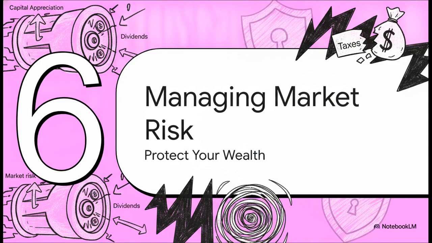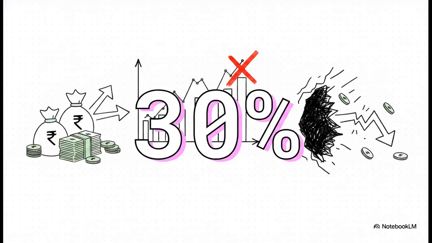Finally, Section 6, Managing the Daily Market Risk. In the real world, market frictions can easily eat up these profit engines if you aren't careful. For example, 30%. Just let that number sink in for a second. That massive 30% is the current dividend withholding tax rate for a non-filer in Pakistan right now. A non-filer receiving 100,000 rupees dividend instantly loses 30,000 to taxes. It is a stunning example of how much profit simply vanishes into thin air without proper tax planning and compliance.